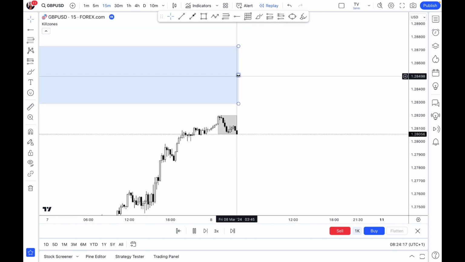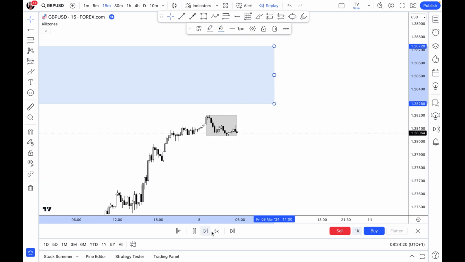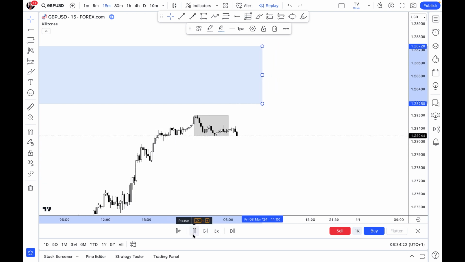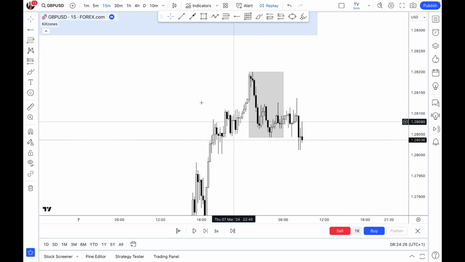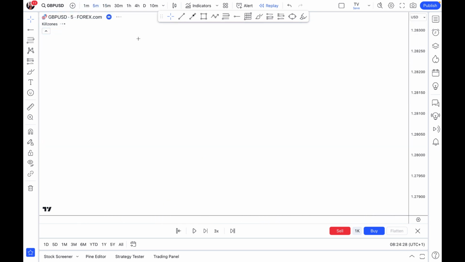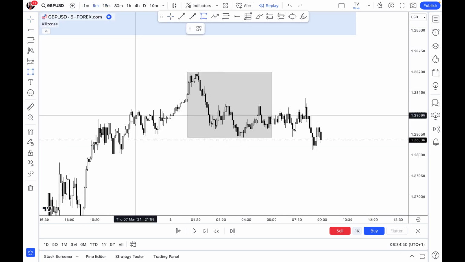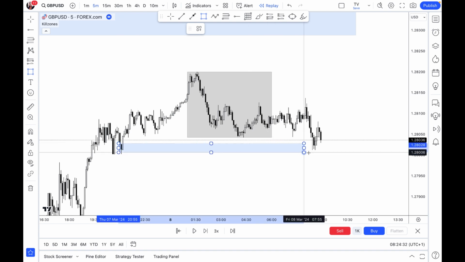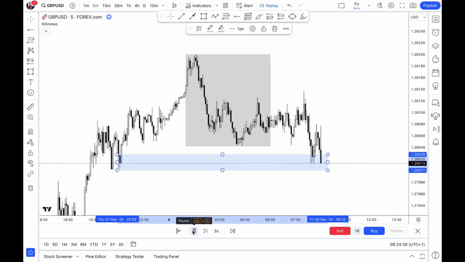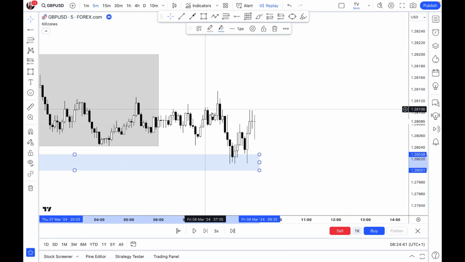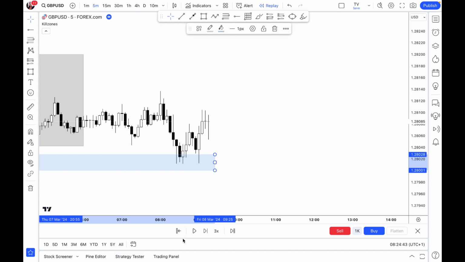you can see before NFP, this was just before the London session, and we got into the London session. And of course, we had a buy setup that I also missed on Friday morning. I actually wanted to get into this buy setup yesterday. So price took out the Asian range low. We tapped into this level of demand, swept liquidity, and we had a break of structure right here, and